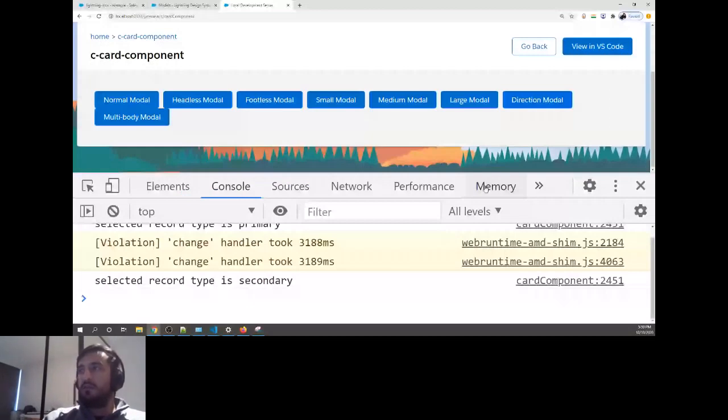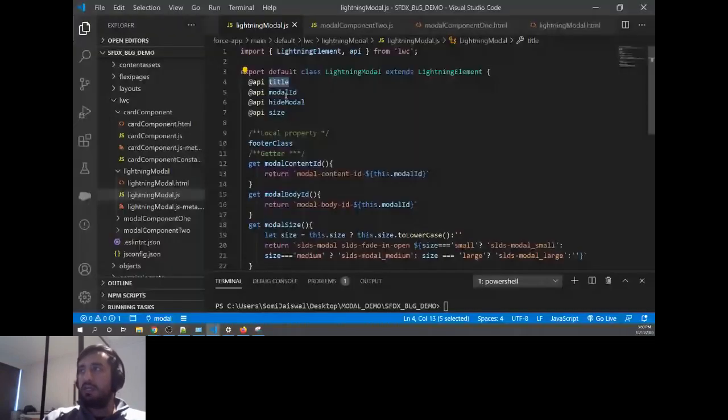And now if you see your component, you are not touching anything. It's giving you the freedom for the title. You can send the hide flag, whether you want to hide the modal or not, right? Whether you want a different size. So this name actually should be hide header, not the modal. We can change this to hide header. That makes more sense because we are hiding the header, not the modal.